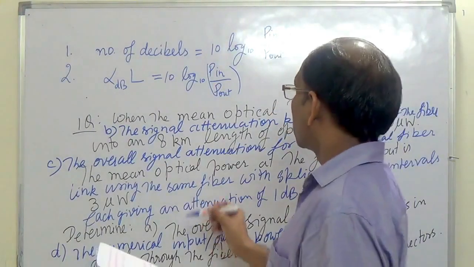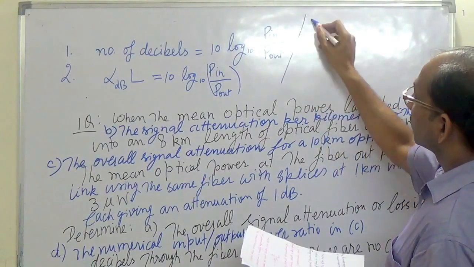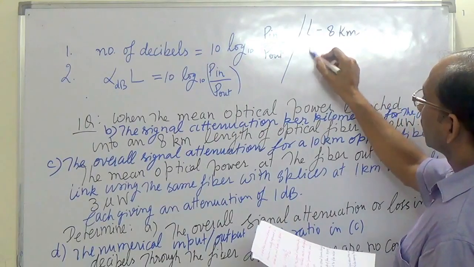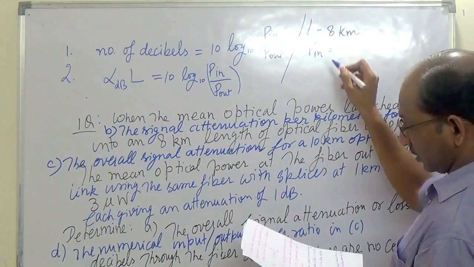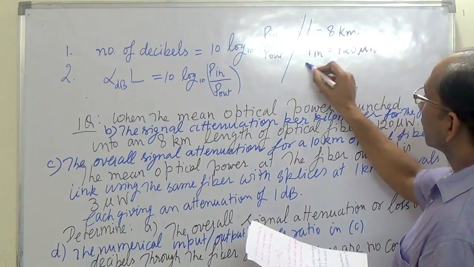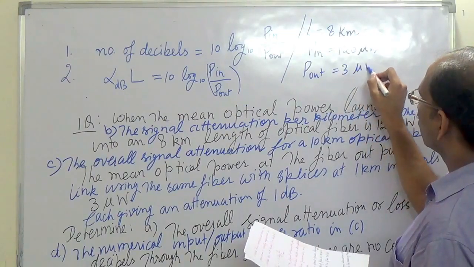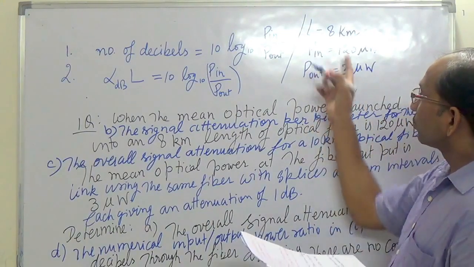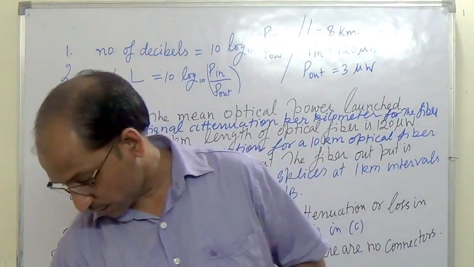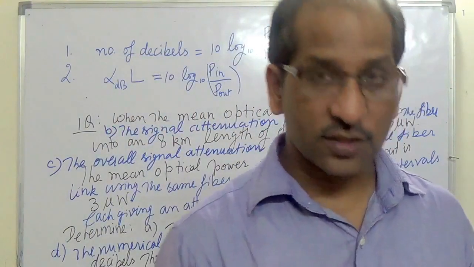Given is this length, that is L, 8 kilometer, input power, that is 120 microwatt, and output power, that is 3 microwatt. So for this given statement, we have to determine number 1, that is A part,